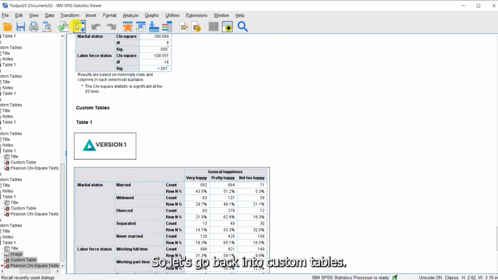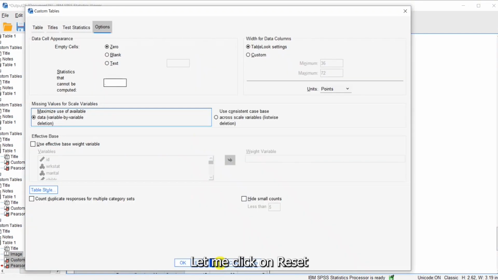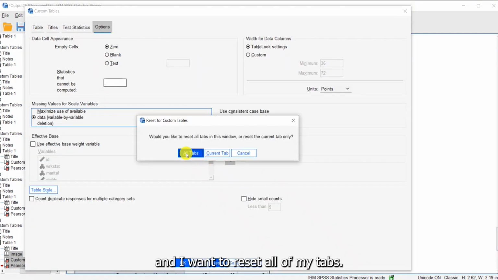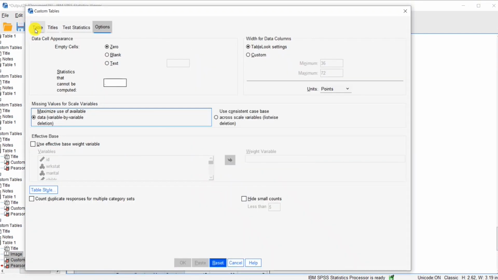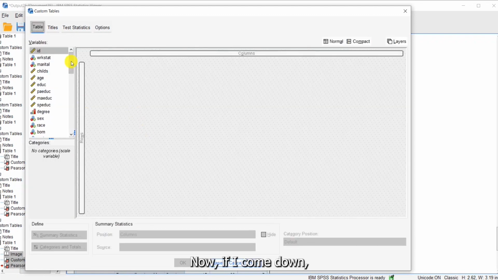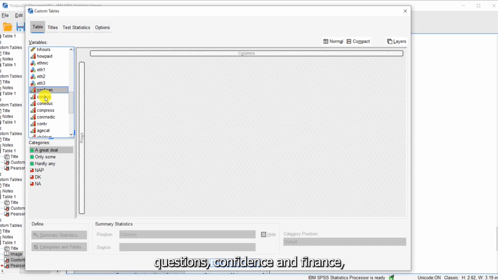So let's go back into custom tables. Let me click on reset, and I want to reset all of my tabs. Now, if I come down, I've got these confidence questions: confidence in finance, confidence in business, confidence in education. Now, I can use these in custom tables,